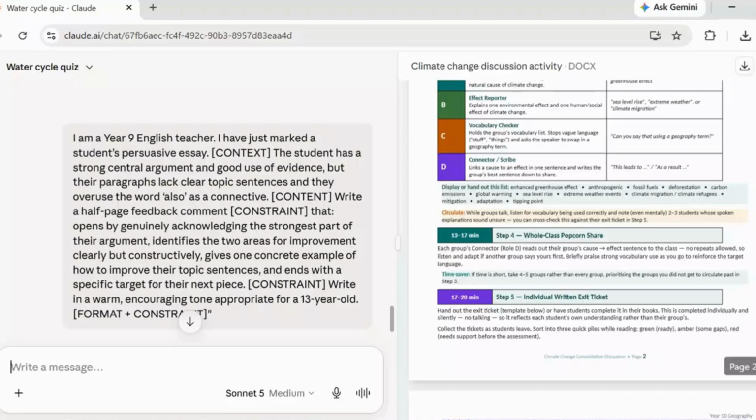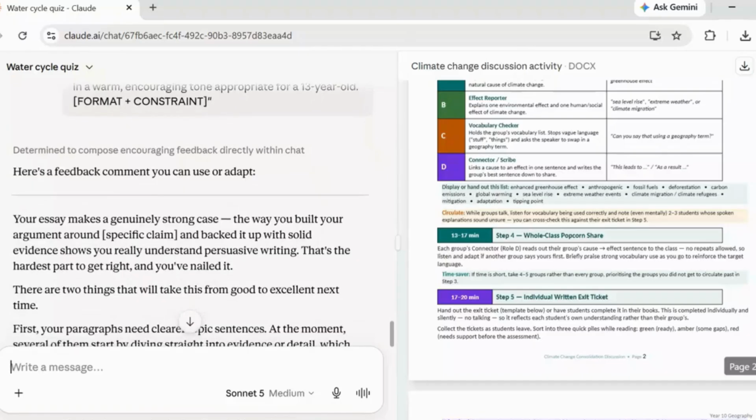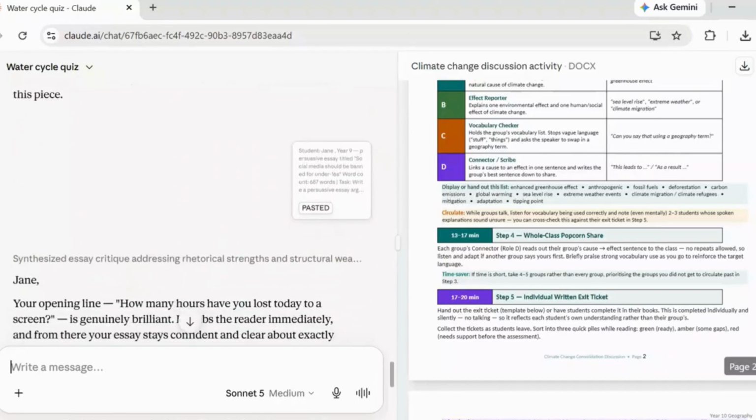I pinpointed the strong arguments of my student, and I highlighted the weaknesses, for example, the lack of clear topic sentences and the overuse of a certain connective. And I also specified the format and the constraint, plus the essay. So here